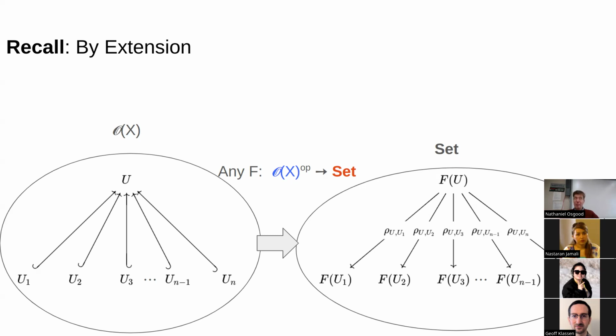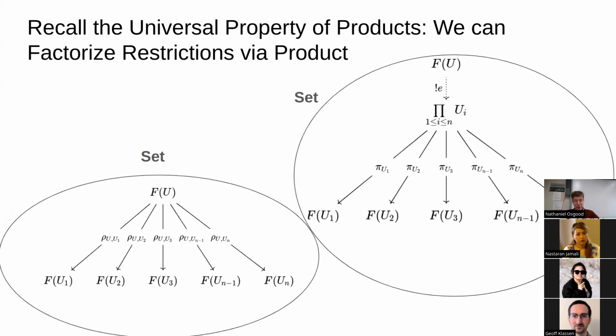Well, it's a type of limit. What is it? Product, right? Product is these kind of maps down. You remember that? And so, do you remember the universal property of a product? The universal property of a product said that if you have any other object, say f of u, that has these maps down to this,